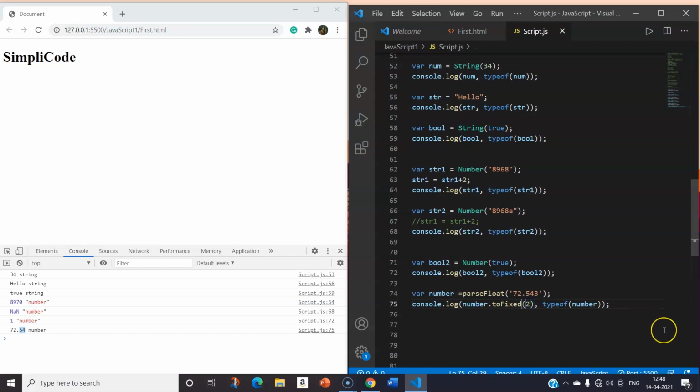Similarly, if you are using some other number, let's suppose 7. You can see we have only 3 digits after the decimal, that is 5, 4 and 3. What happens if we run this program now? Let's save it and see. Here it says 72.5430000. So it will show you the value up to 7 decimal places. It doesn't matter if there are available numbers after the decimal point, it will show you the value. Instead of 7 you can also give 30. Let's save it and see, it says 6366 and so on. Hope this is clear for you guys.